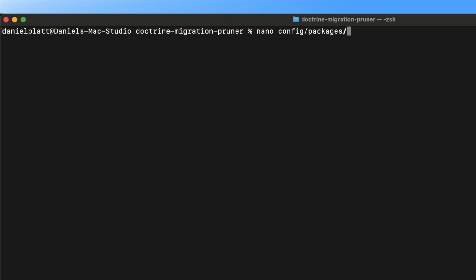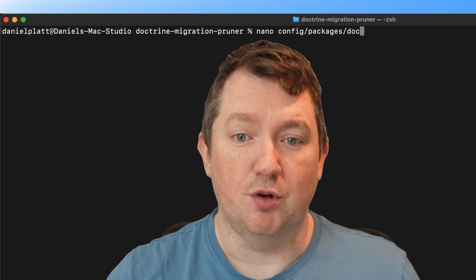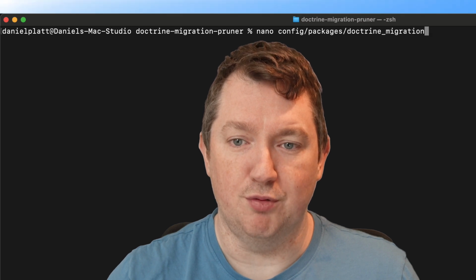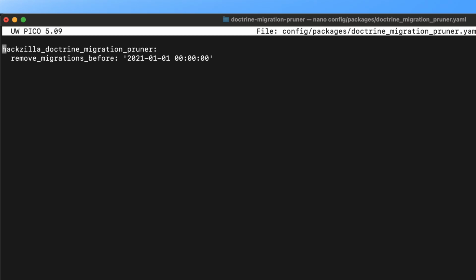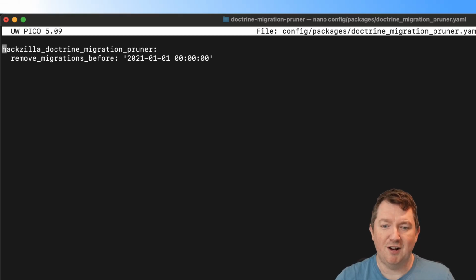Navigate to config/packages in your project directory and create or edit doctrine-migration-pruner.yaml. And here's how you set it up. Choose a date time that reflects your project's migration history. It's generally a good idea to pick an earlier date to start with, ensuring that no critical migrations are pruned